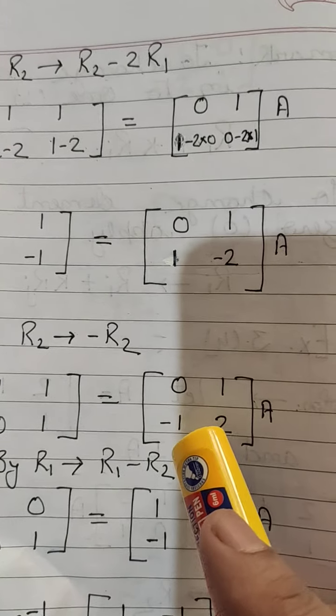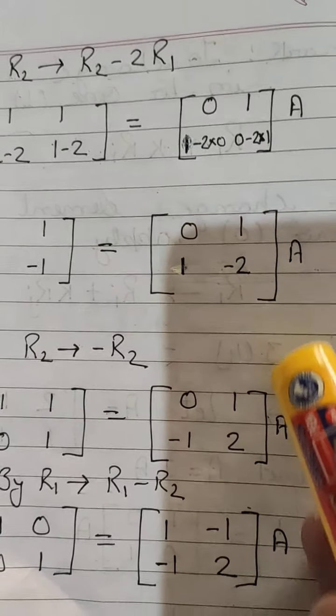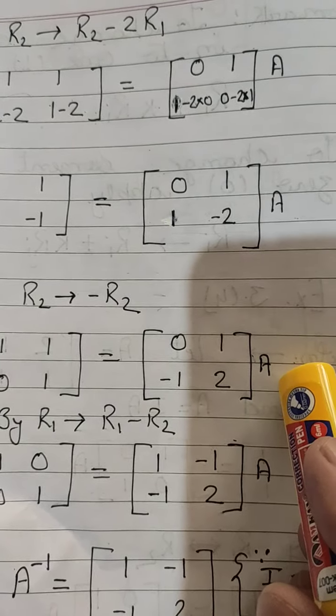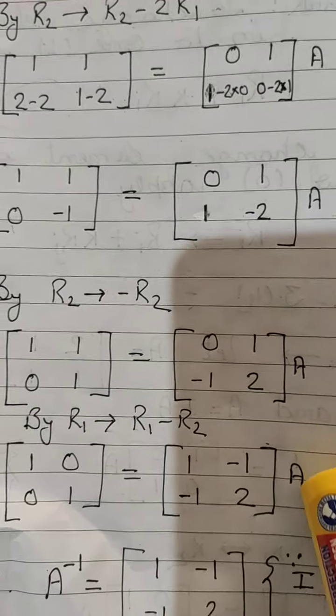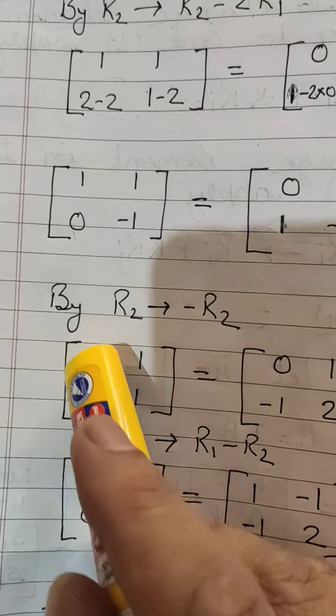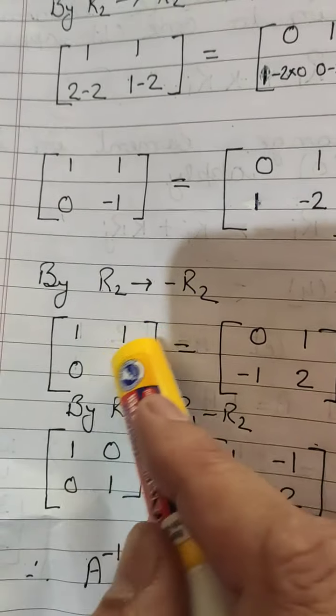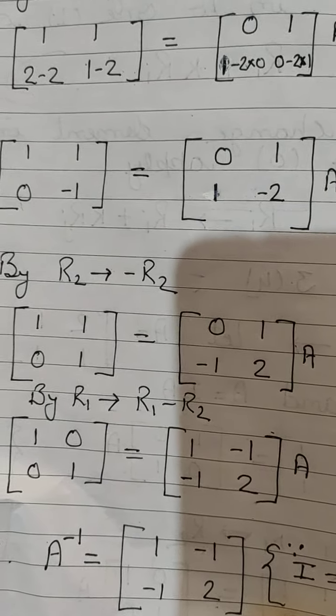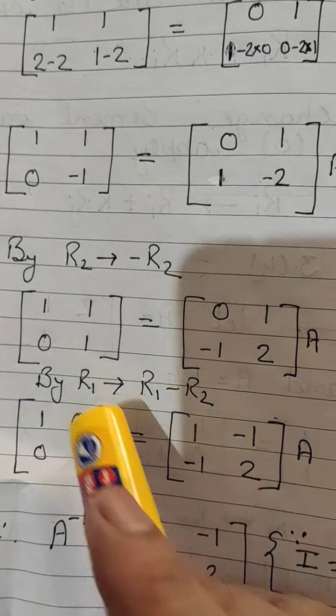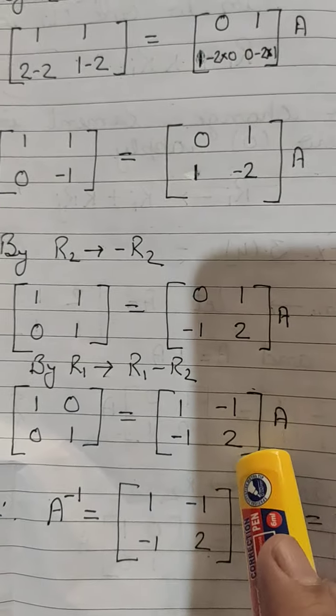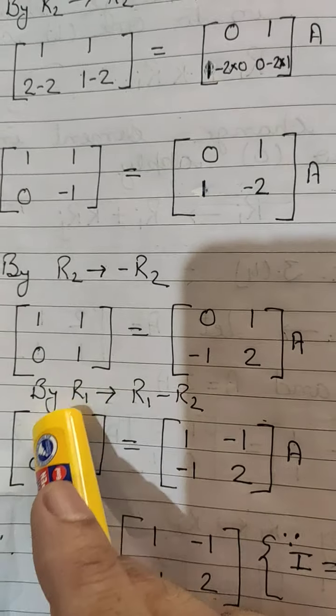This 1 becomes minus 1, and minus 2 becomes plus 2, and the whole question we have to write as it is. Now step S1 is complete, S2 is complete, S3 is complete. Last step, S4. This we have to change into 0. Which property will we use? R1 gives R1 minus R2. As we are applying the property, this changes into 0.